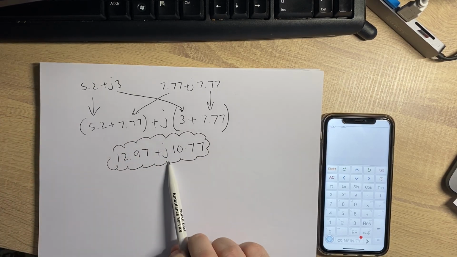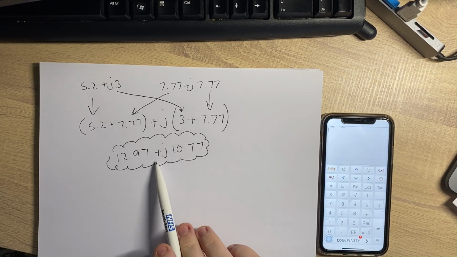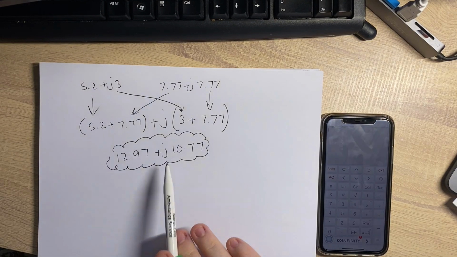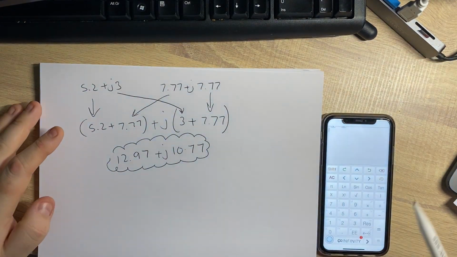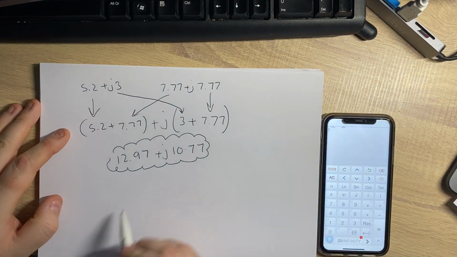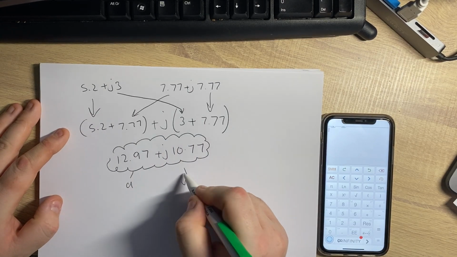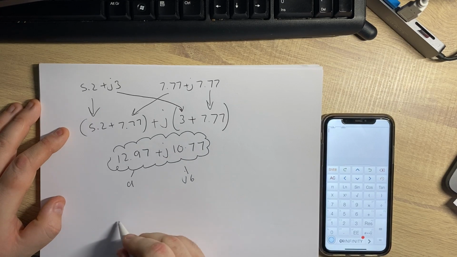But we can't divide using Cartesian numbers. Remember, because you multiply and divide in polar, you add and subtract in Cartesian. So we need to convert that back. And to do that, we just use a little bit of Pythagoras' theorem. So remember, this is your A, this is your JB. So to get our Z back to Z, sorry,